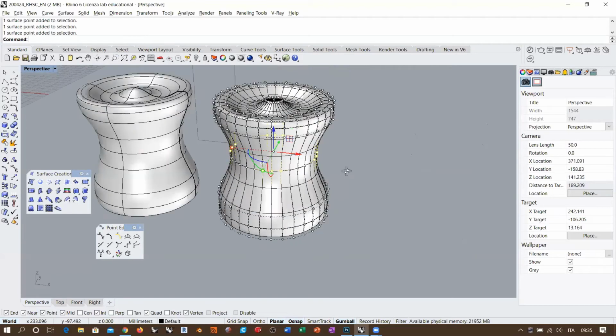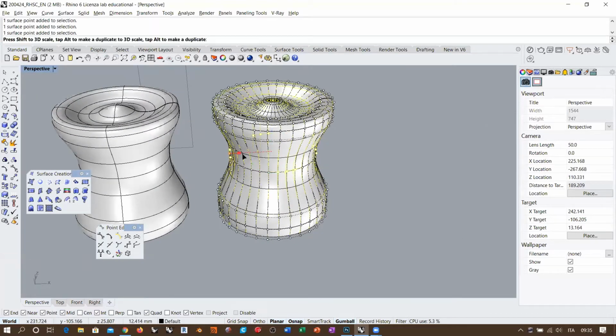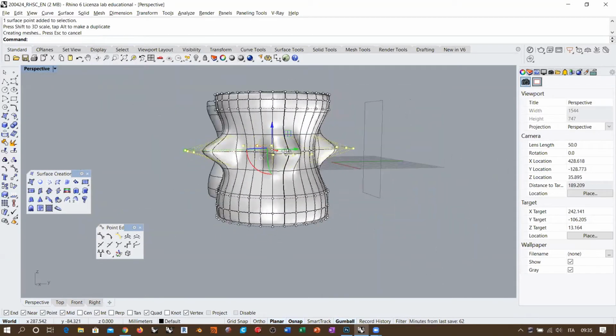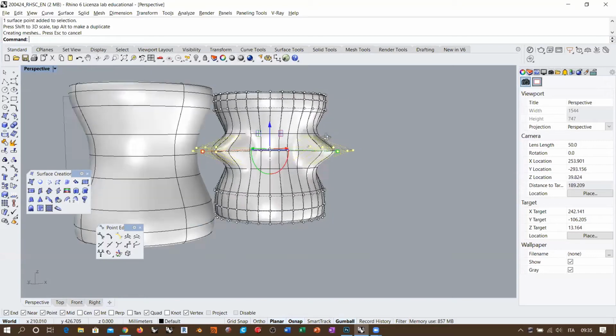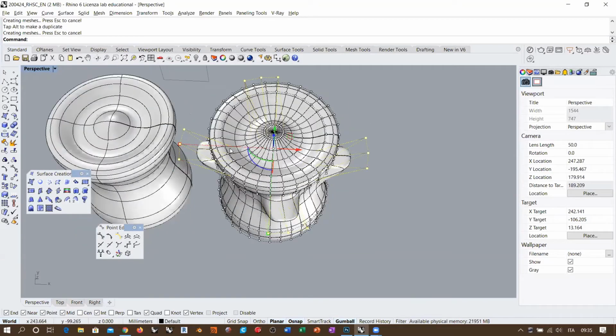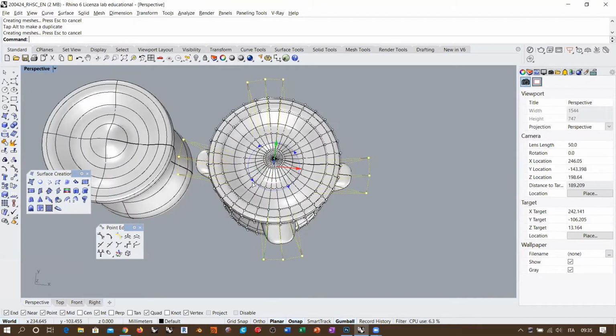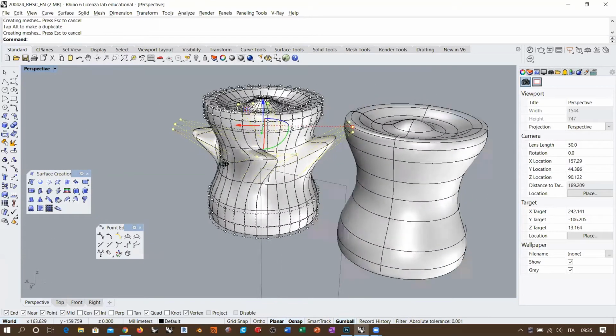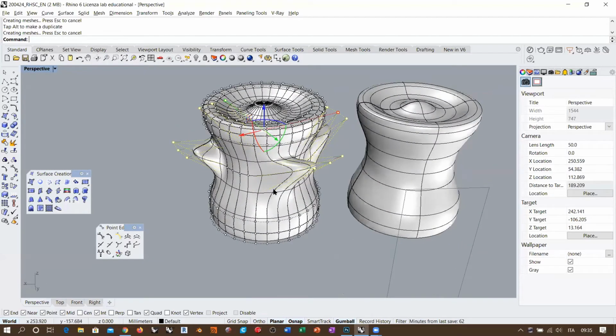Okay, so I have this set of points, and now I can do whatever I want with these points, because this is going to result in an organic deformation. Okay, so I can do, I don't know, whatever, basically. Okay, so see how we are creating complex situations here, which would be extremely difficult to create with some direct